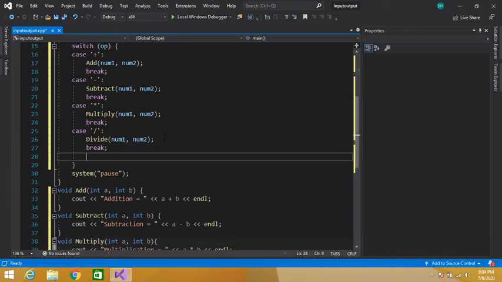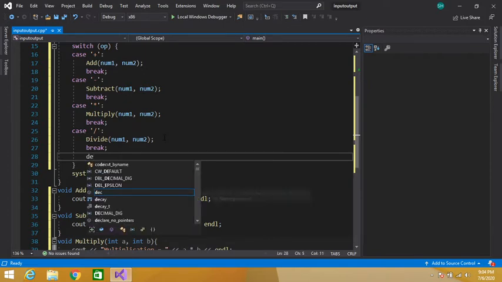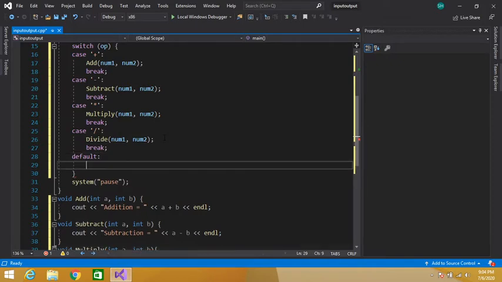And finally we have a default case in the switch statement. Here we will display the message "invalid operator", meaning the user has not entered a valid operator. The user has entered something other than plus, minus, multiply or divide.